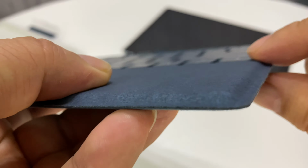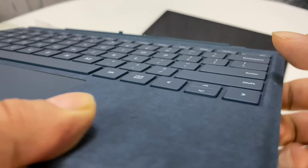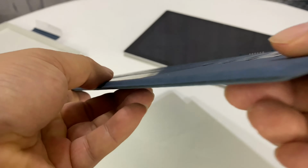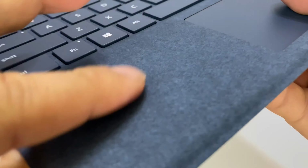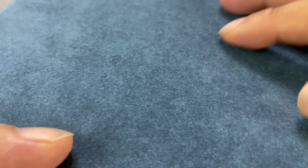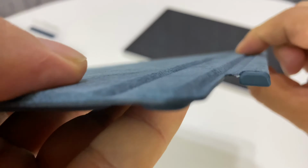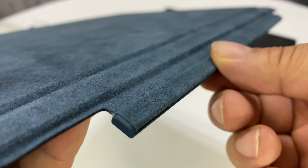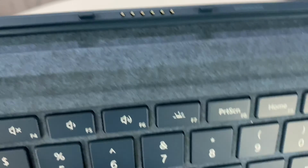It's like the keyboard is inside, and then they put two sheets of Alcantara, which are pretty thin, and then fuse it along the edge here. So you kind of give that little sharp edge to it. Not uncomfortable. You're not going to cut yourself on it. Microsoft logo right there. This side, you know what? This might not even be Alcantara right there now that I'm looking at it, because this has that suede-like fuzzy feel on it. And you can see molded in bar right there, so you get a little bit of a hinge. And then this is the connector that looks like some centering tabs right there, and then those connectors,